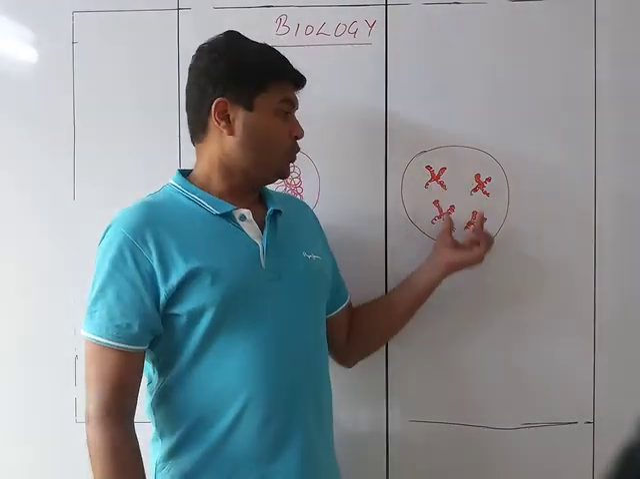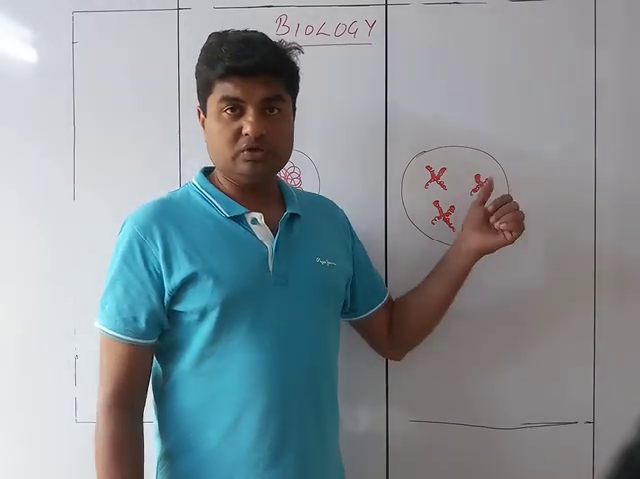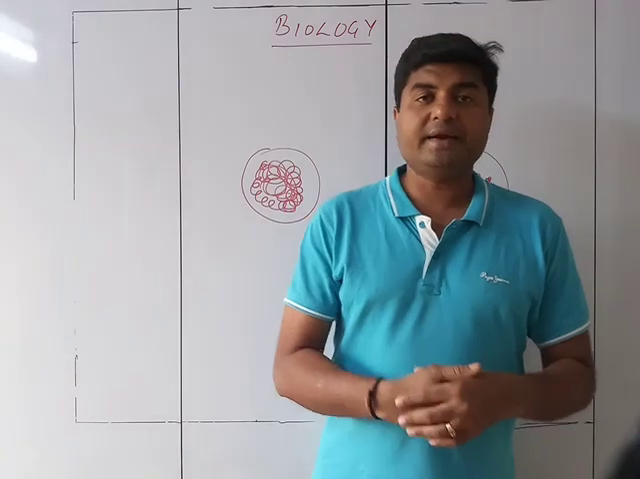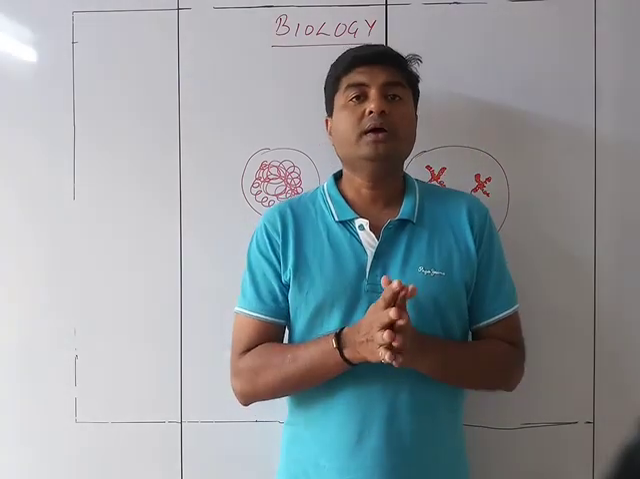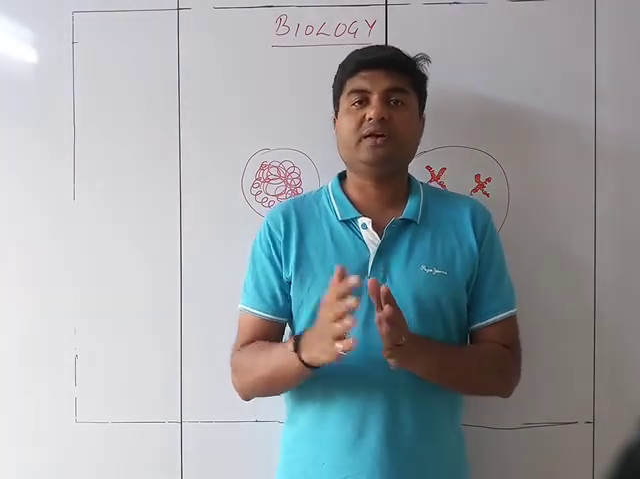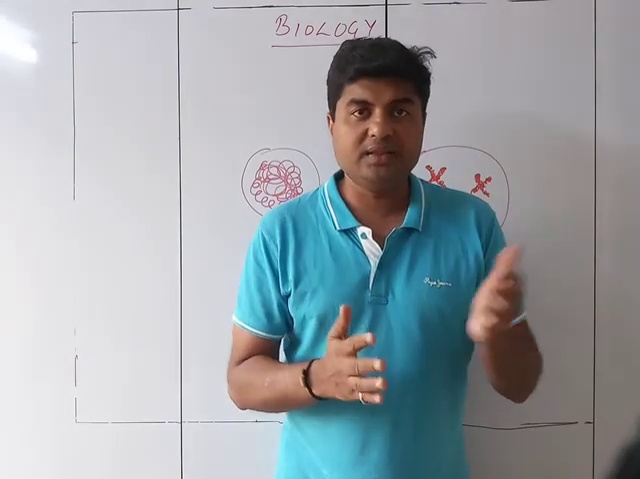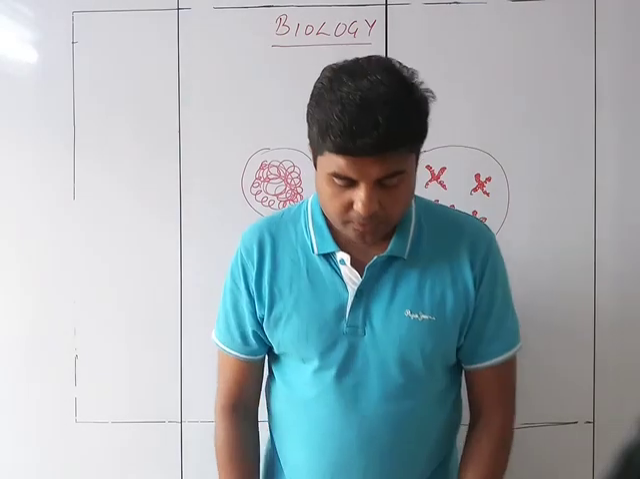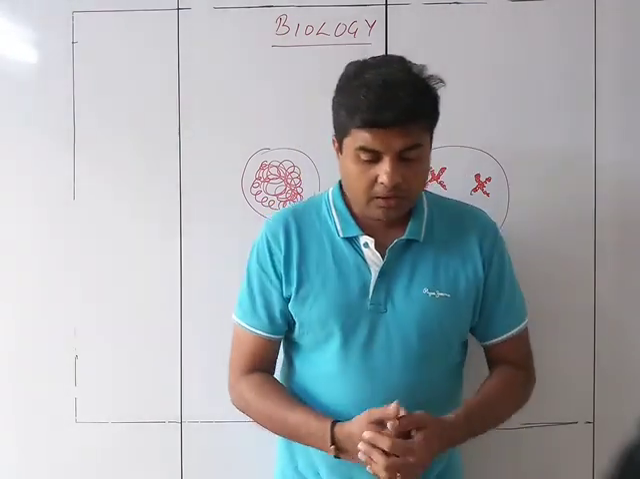This will be 2 pairs of chromosomes or 4 chromosomes. As I told you, we have 46 chromosomes, that is 23 pairs of chromosomes, out of which 23 you are receiving from your mother and 23 from your father. So when you talk about chromosomes, it is seen that